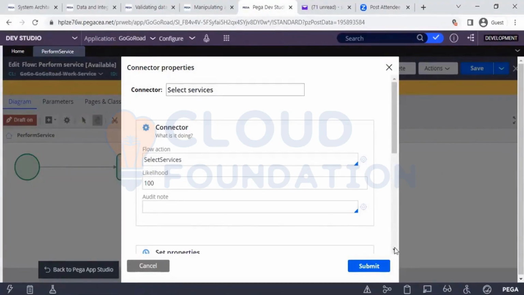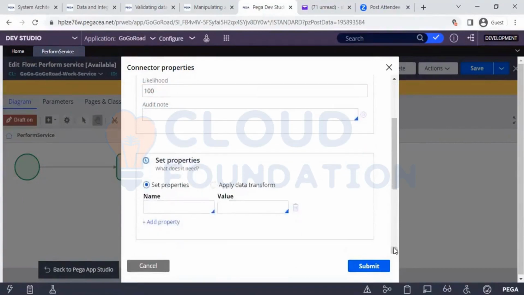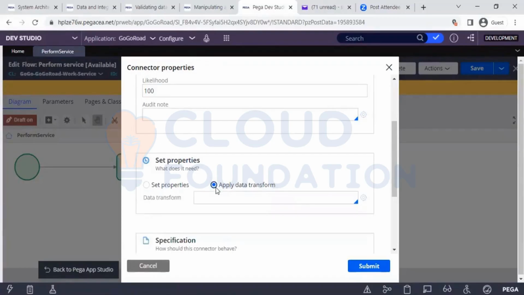If you see, you have set properties and apply data transform. If there is only one data to copy, you can use set properties easily. It will copy from one place to another. But now we can have more than one, so we need to use data transform. You just need to select apply data transform. And here we will use some